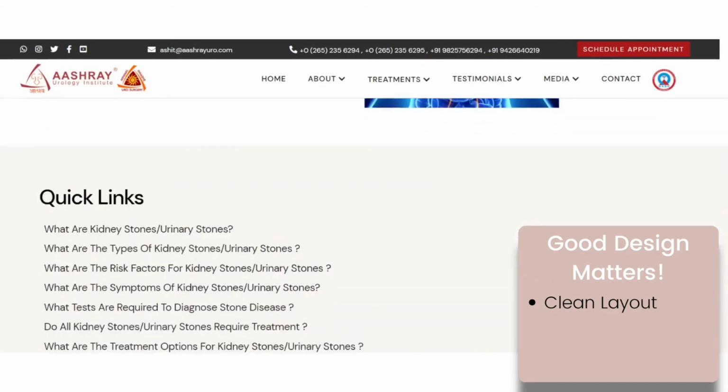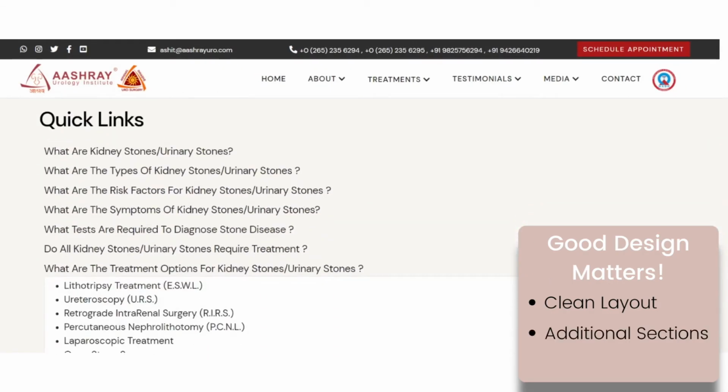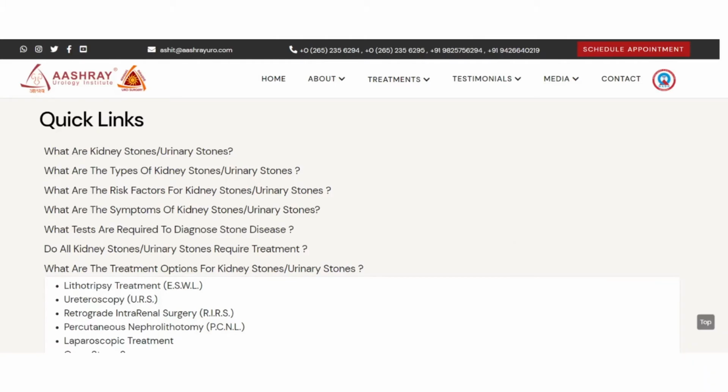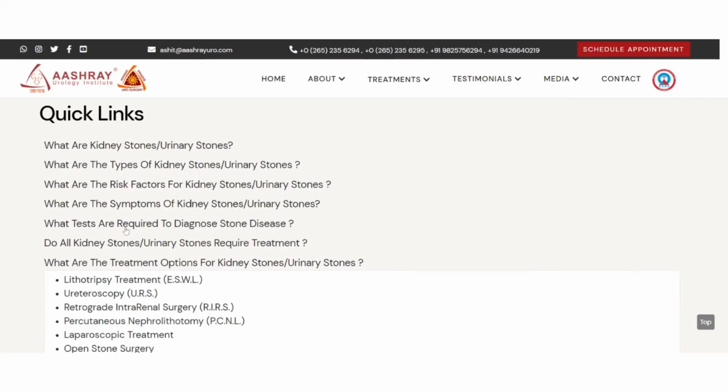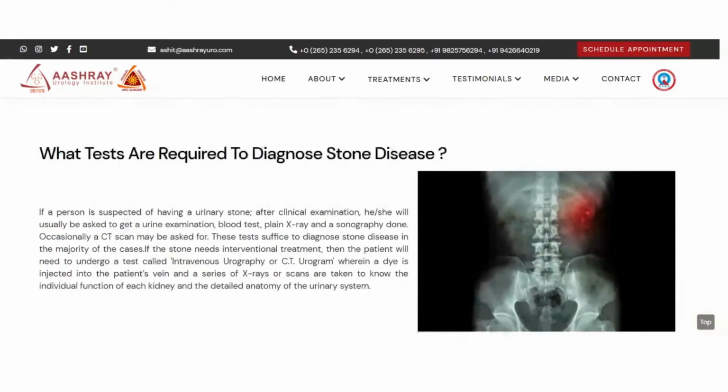The second point to keep in mind is additional sections on top. Clean layout with simple additions such as quick links or indexes at the top are excellent ways to provide quick information to your patients and help them navigate to your page easily. Because even if they are here to research, nobody wants to waste their time unnecessarily, and adding a quick links section as we have done for our client is a good way to ensure that readers know at the first glance what they will find on this page.